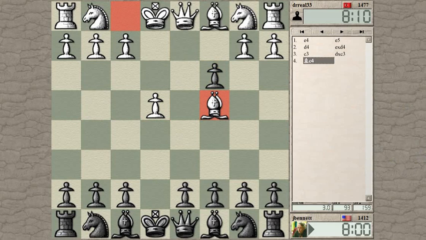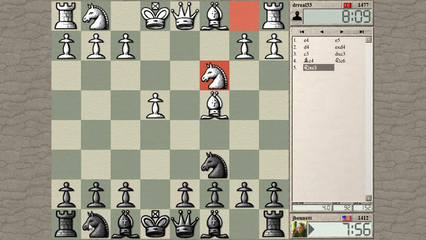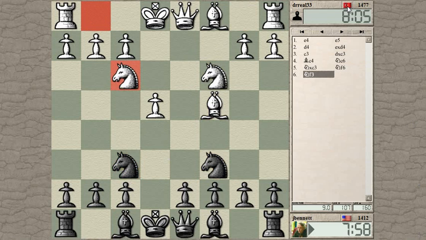Okay, develops the bishop. It's hitting this pawn over here. Let's develop the knight so that the pawn doesn't so easily go to E5. And I can develop the other knight. So where is D-Real 33 from? Turkey. Okay. Then should I play...